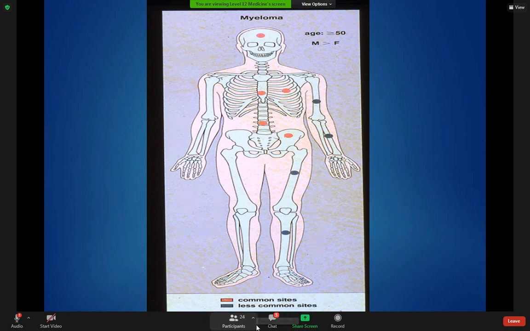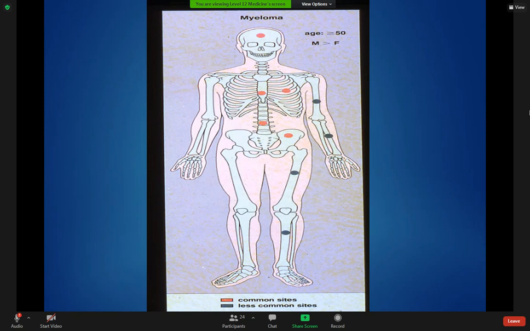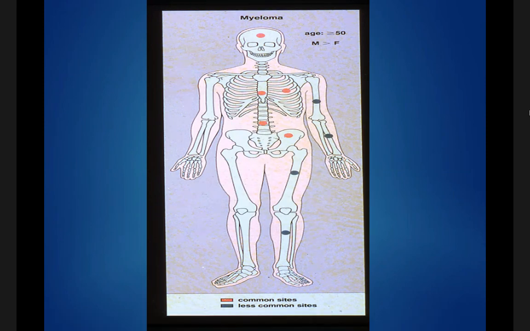So multiple myeloma is a very common hematological disease, malignant طبعا disease, and present with bone lesions, usually multiple bone lesions, and it's very important. It comes in elderly patient, مهم جدا. So any elderly patient with bone lesion,